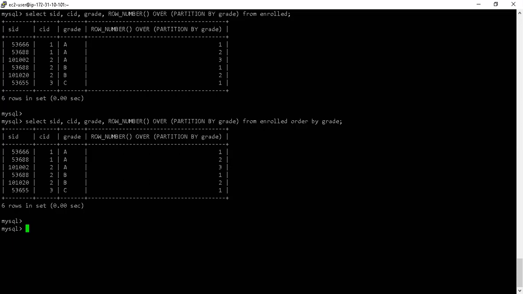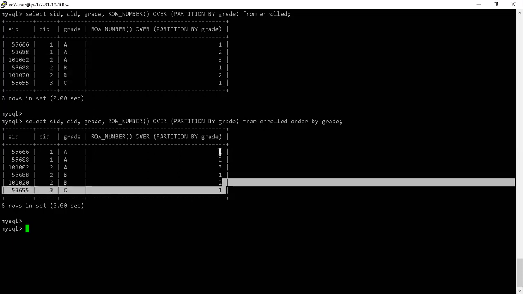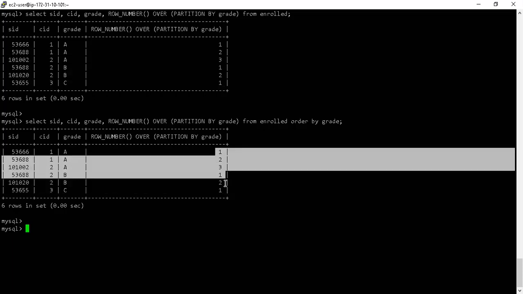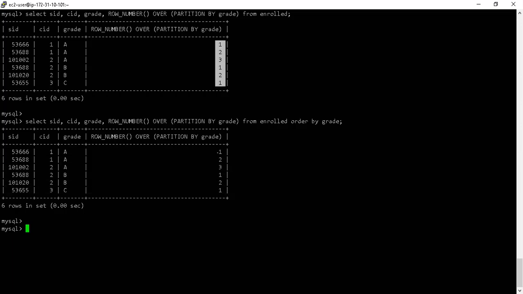So partitioning logic, you are right, but if you look at this, this partitioning output has no interrelationship with this. I mean, this output, the one that you see over here, is exactly the same as this one. So it does not change with the ordering by grade. Are you getting my point?